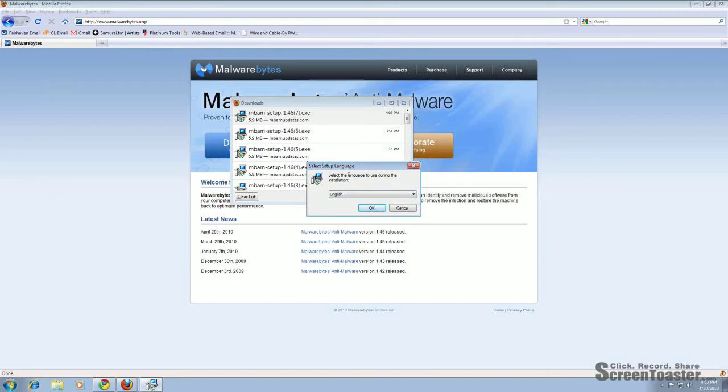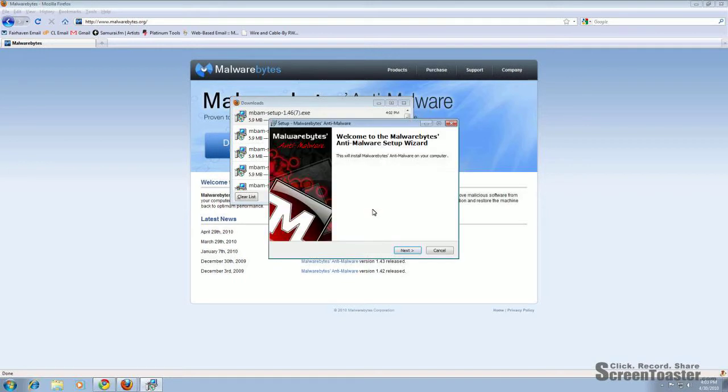And this next screen is just going to ask us what language we want to install the software in, and we want to install it in English, which is what comes up default. So go ahead and leave that at English and click OK. And that brings us to the Malwarebytes splash screen, and this is just the very beginning of the actual installation process. So we're just going to click Next at this screen,